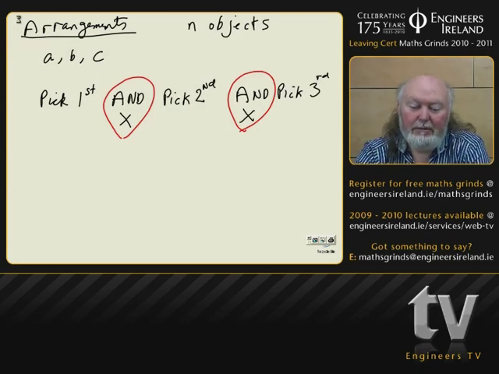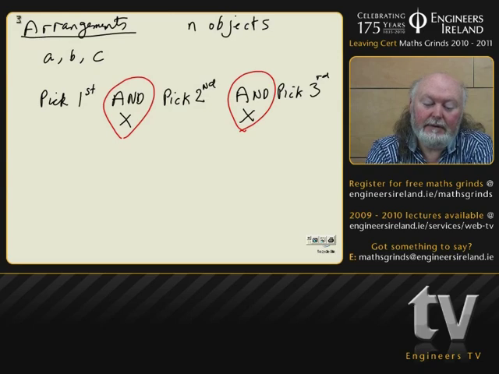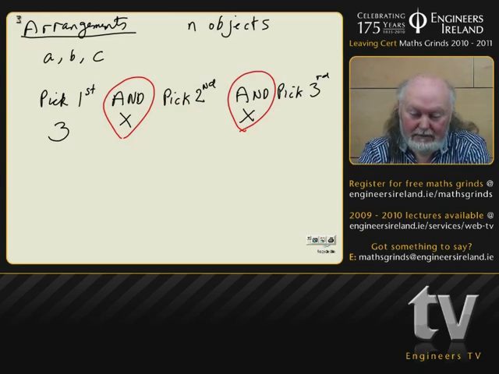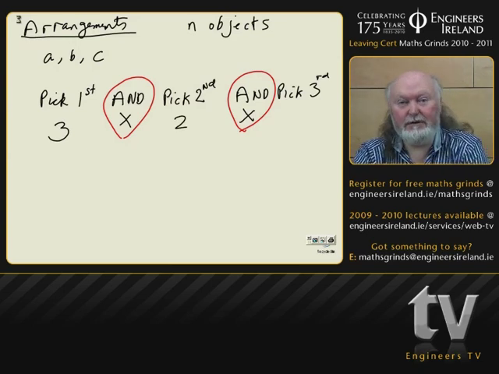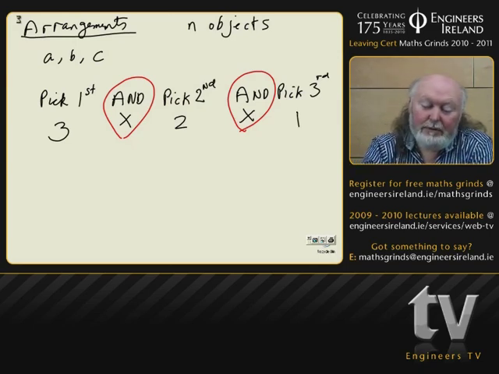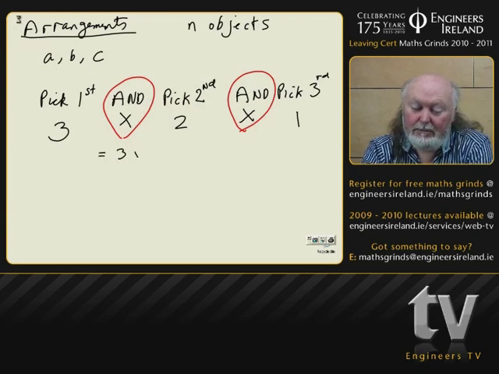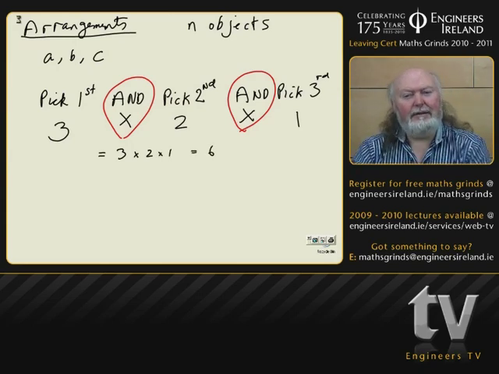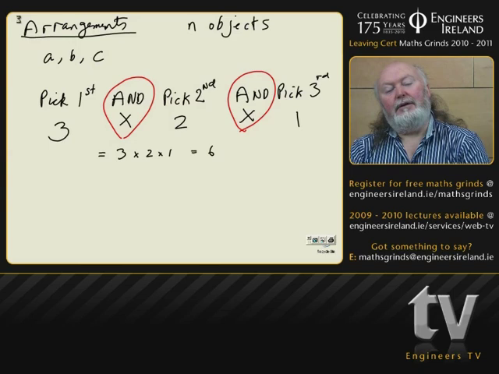While we have the 3 letters A, B, C, I have 3 ways of picking the first one. Now that one has been picked, there's 2 ways to pick the second one. 2 possibilities. That leaves just one for the last one. And what we have now is 3 multiplied by 2 multiplied by 1, which is equal to 6. You can clearly see that if we had 4 letters,